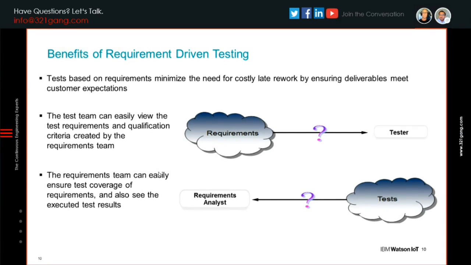Exactly. Traditionally what we've seen in the past is requirements get written, they get thrown over the wall to the test engineer, and the test engineers have to go through and write the test cases. Well, let's remove that wall. If we're working in an agile way, we're working together on these things iteratively, and we're refining them in each iteration. Right. All right. Very good.